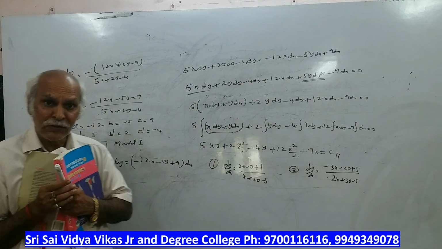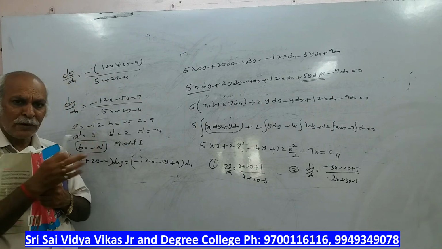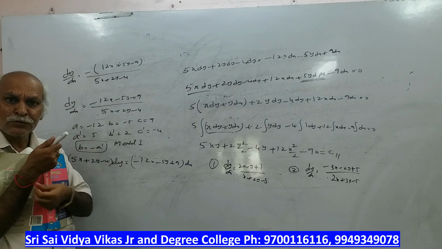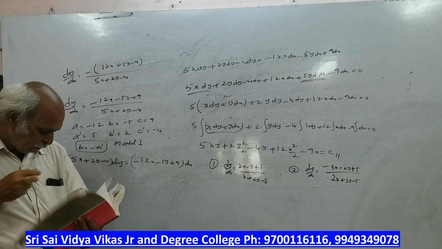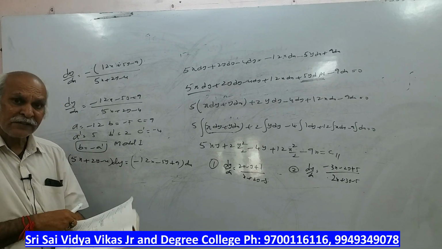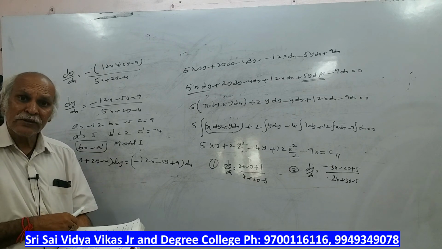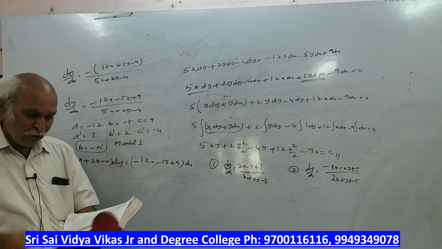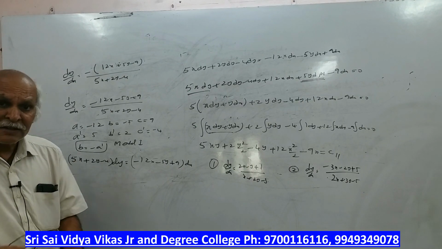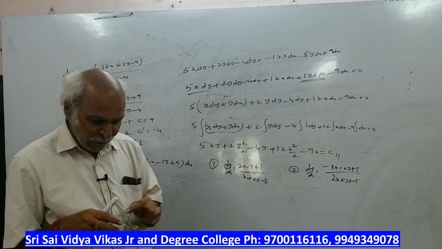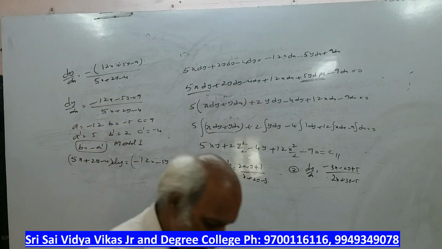Non-homogeneous first model is over, sir. These are very simple problems. Sometimes he can give them for just 2 marks, or he can give them for 4 marks. Non-homogeneous model 1 we have completed. Next we will see non-homogeneous model 2 and model 3 in the next video. 3 models will be there. Then linear equations will be there, order and degree will be there. With that we are going to complete the portion.